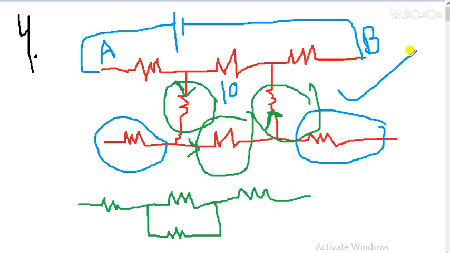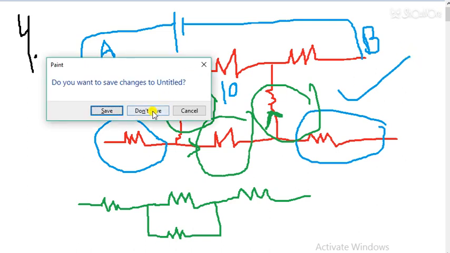Now I am taking you to one more very good question. We are at question number 5, and this question is of infinite resistance. I am drawing it randomly, so there can be errors, but I will try my best. Let's suppose this is the circuit and this is the first resistance. In this case every resistance has value 2 ohm.